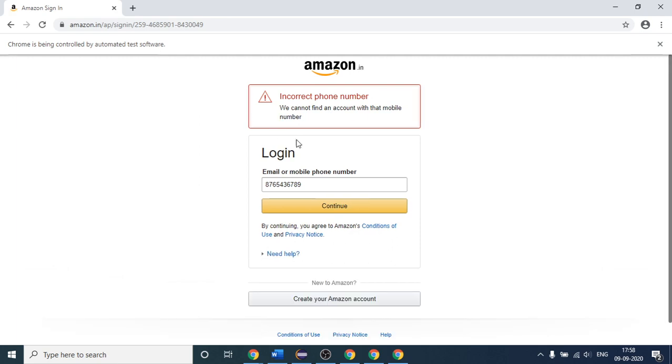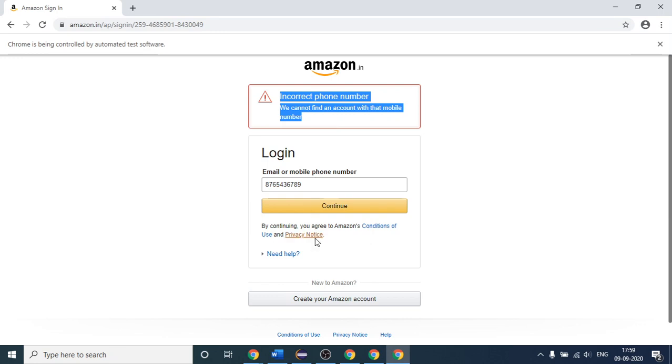Let me write 1 2 3 4 5 6 7 8 9 10. It is a 10-digit number. I don't know why it is saying this, but anyway, you get the concept that we have clicked on the continue button. This is the reason we are getting this error.